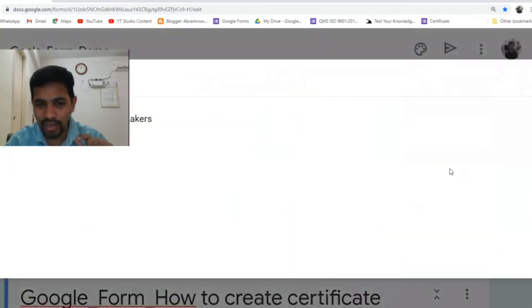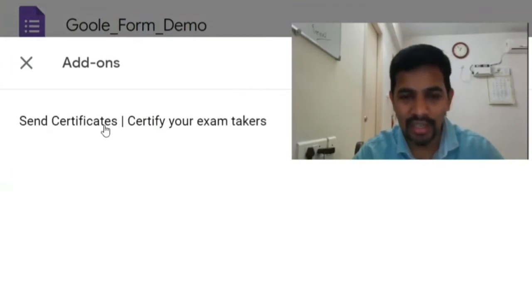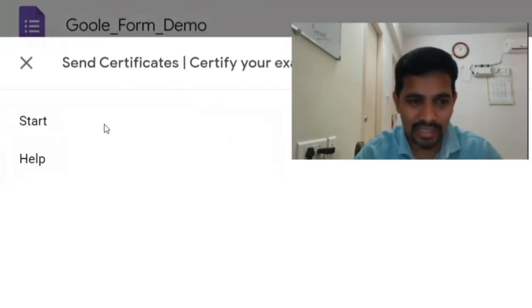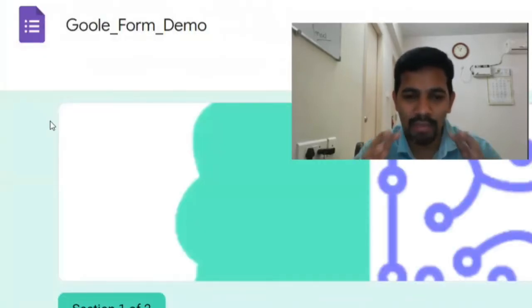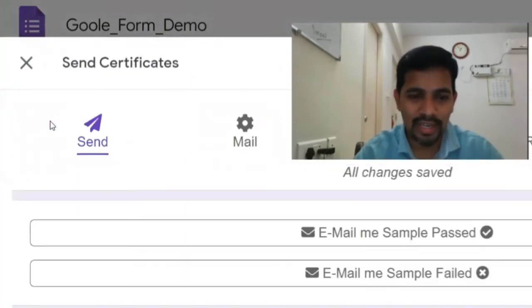Just click OK, and this is the information you will get: send certificate. If you're doing it the first time, this option will not be available to you. You have to download it. It is not a big application. It will add it in your browser and anytime you can just pick it up and send it. So just select one and then you can give start. Now the emailer or the template is going to be pulled out.